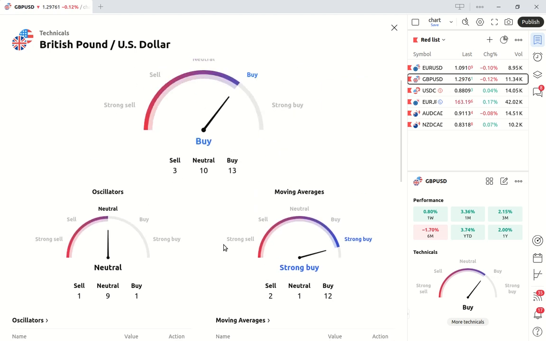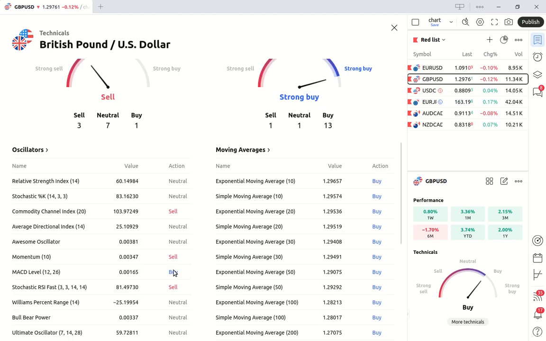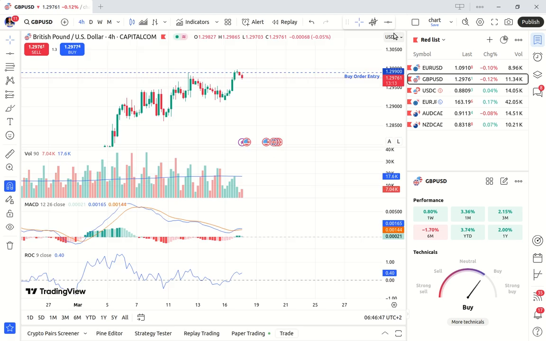I do take note of that. So you can see the entry is coming from the 4 hour and the day, right? So it's a very, very powerful buy signal. If you look at it from the day,